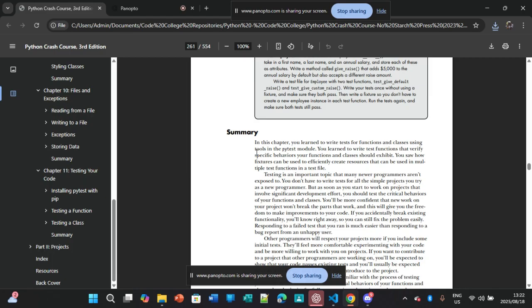PyTest module. You learn to write test functions that verify specific behaviors your functions and classes should exhibit. You saw how fixtures can be used to efficiently create resources that can be used in multiple test functions in a test file. Testing is an important function that many new programmers aren't exposed to. You don't have to write tests for all the simple projects you try as a new programmer, but as soon as you start